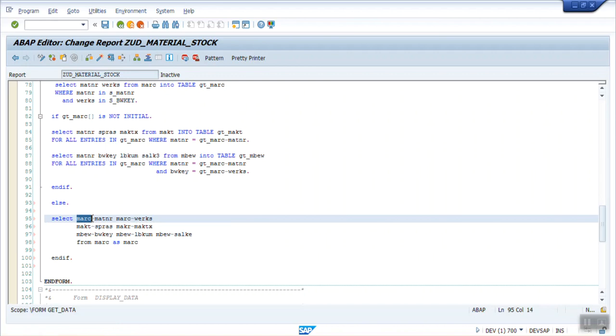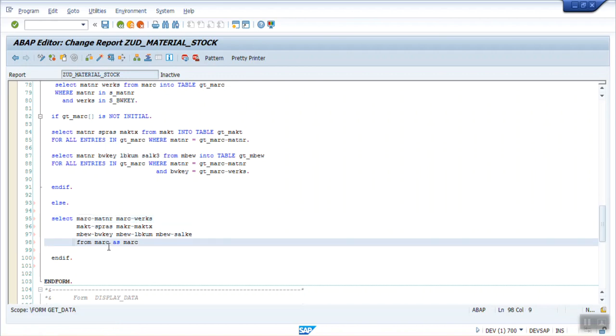Here I use the same table name, you can use A, B, C, anything. Okay, here I am writing from MARC as MARC inner join MAKT as MAKT on. We have to give the on condition, that is the joining condition.